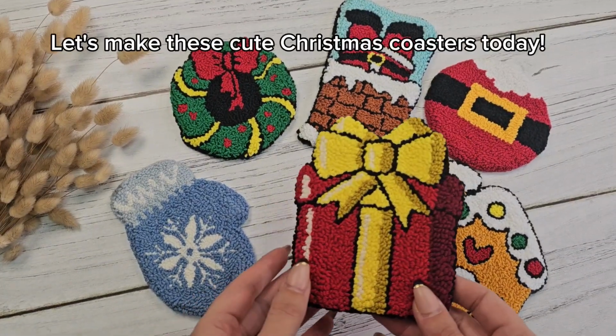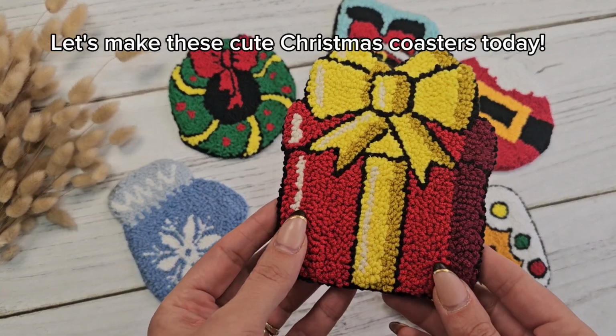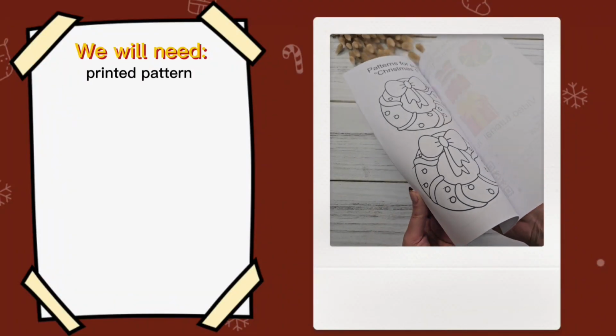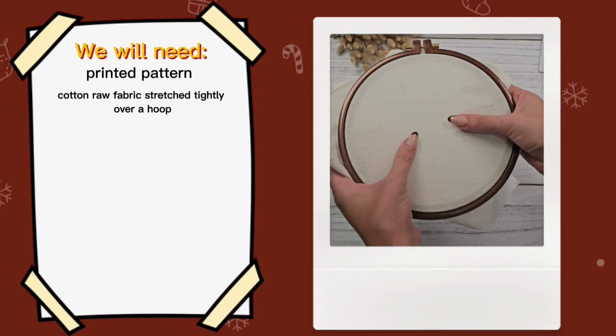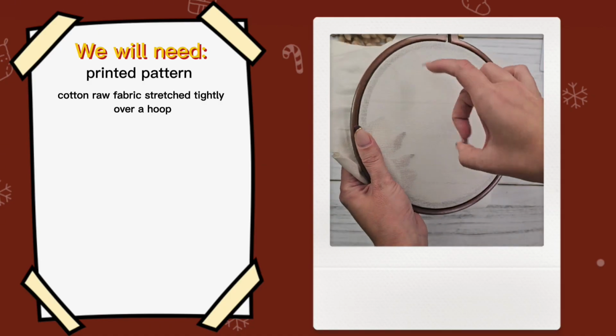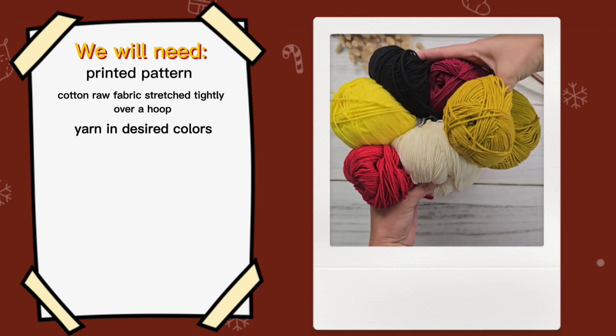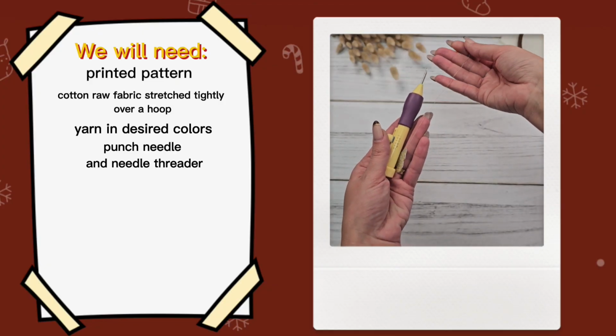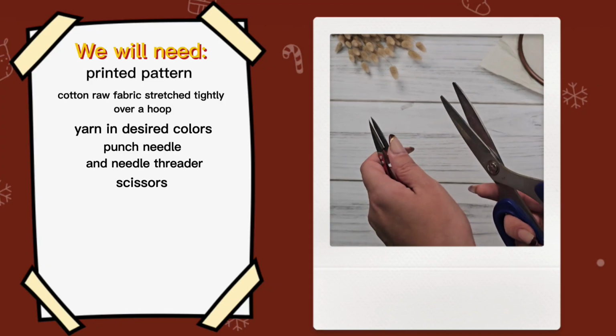Let's make these cute Christmas coasters today. We will need a printed pattern, cotton raw fabric stretched tightly over a hoop, yarn in desired colors, punch needle and needle threader, scissors,